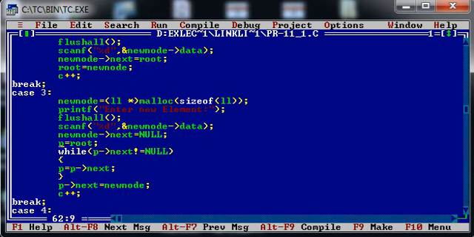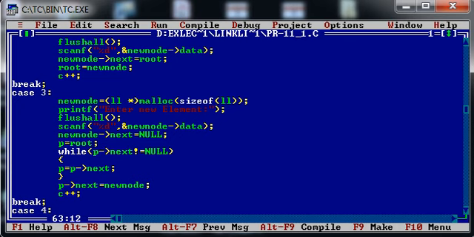It means right now my P pointer and root pointer are pointing to the same first node of the linked list. And I am checking whether the address part of the P node is null or not. If it is not null, we can say there is obviously a next node available in the linked list. If so, I move my P pointer to the next node until I get null in the next part of the P pointer.